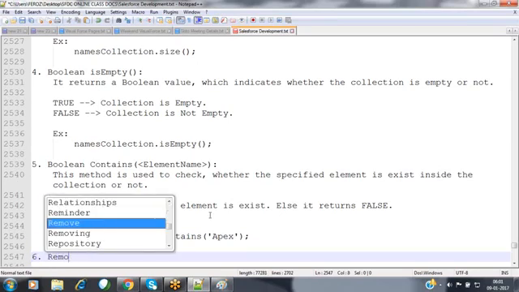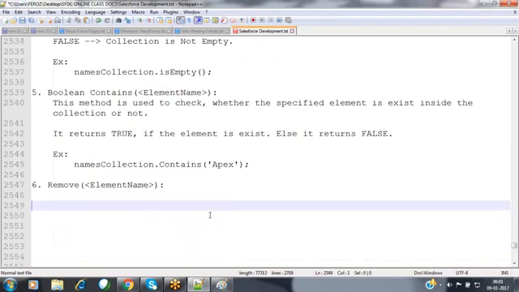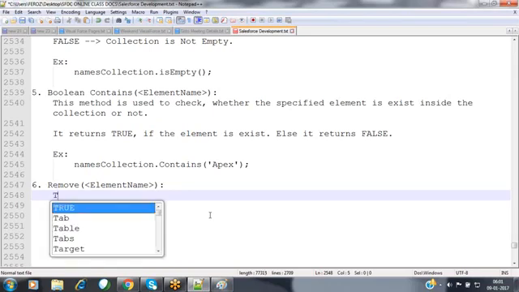The next method, remove. Remove method here. This method is used to removing the element from the collection. Whatever the element that we have specified, that element will be getting removed from the collection over here.